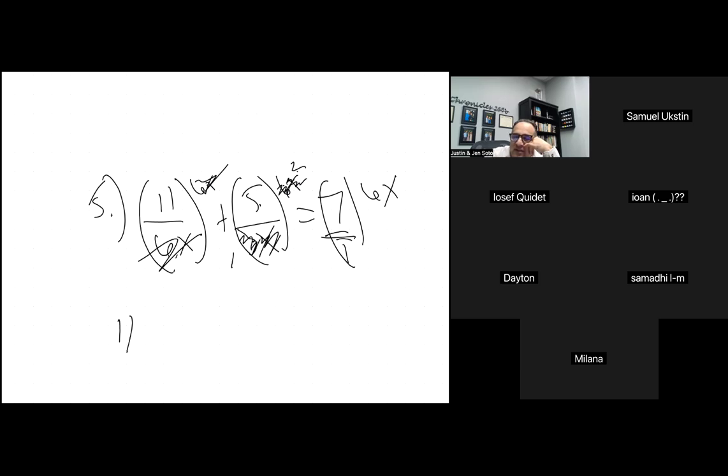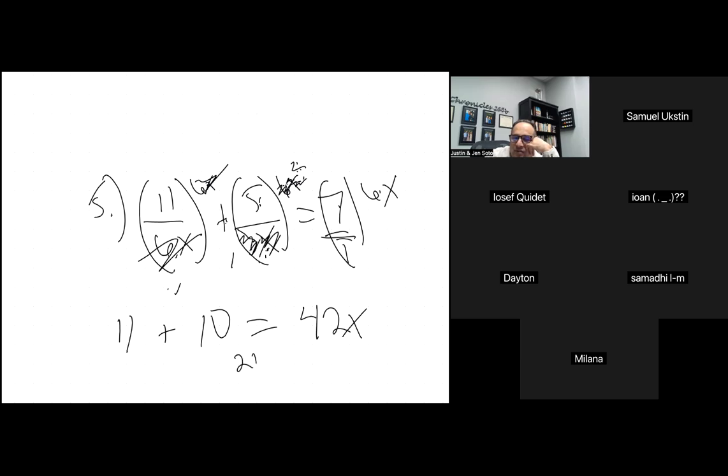This is 6x and this is 3x. The x's cancel out. The 3 and the 6 reduce to 2 over 1. 5 times 2 is 10. I have the function of plus here, I'll leave that. And then this is just 7 times 6 is 42x. So now I have 21